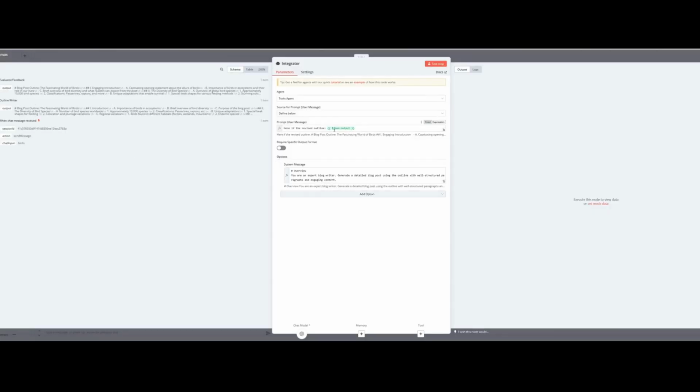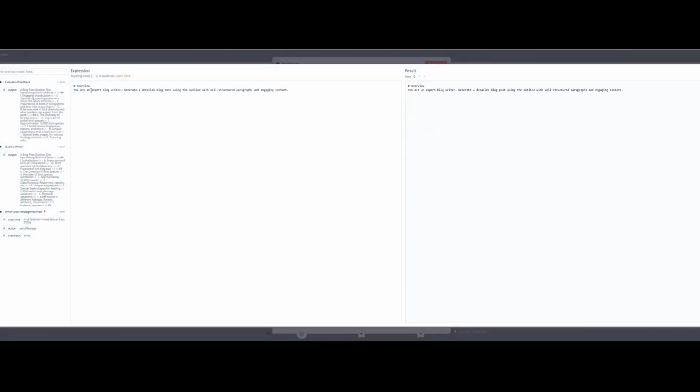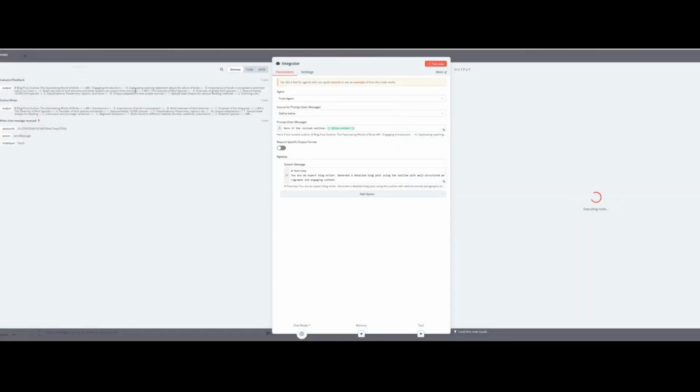It's called JSON, JavaScript Object Notation. And this one says, go to system prompt: you are an expert evaluator. Generate a detailed blog using the outline in a well-structured format, engaging content. Great. Now we're going to take our bird outline, and we're going to write a blog. That blog is going to return to the chat because I do not have anything else connected to it, but